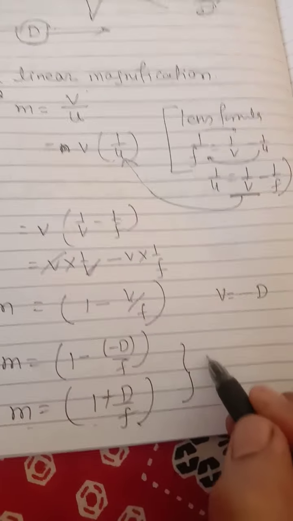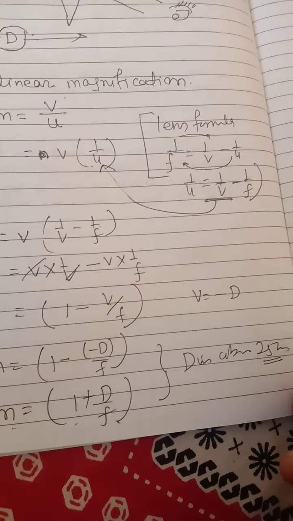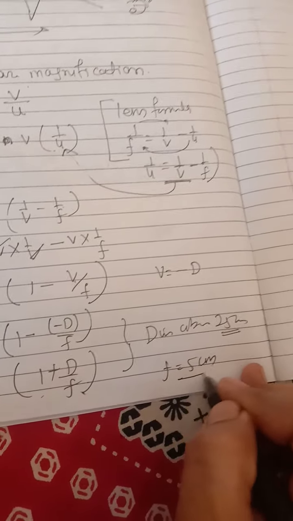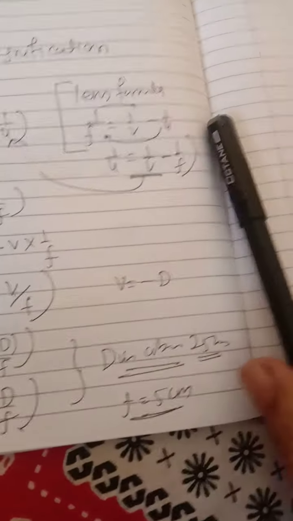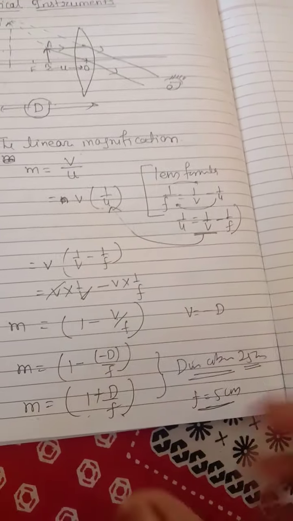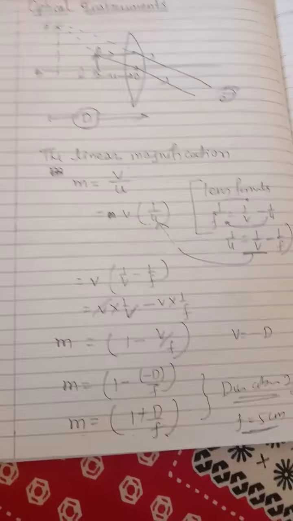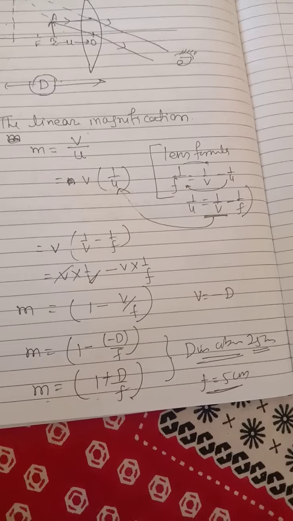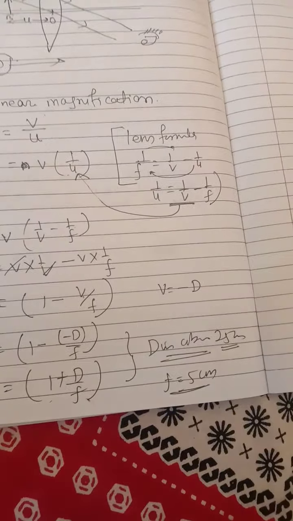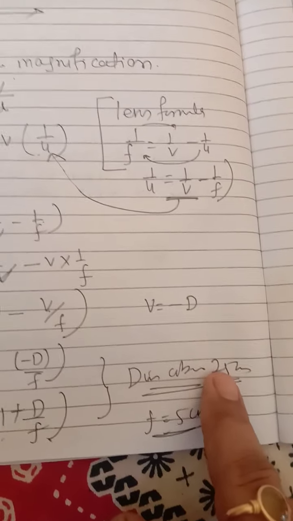And if D is around 25 centimeter, then to get this magnification, one needs a convex lens of focal length F is equal to 5 centimeter. Remember, this condition is very helpful for the examination. That is, if you want to see the distance of image around 25 centimeter, as I discussed in our eye chapter, for the common eye accommodation power, the length is 25 centimeter, then what will be the value of focus there? The value of focus will be 5 centimeter for 25 centimeter distance forming on retina.